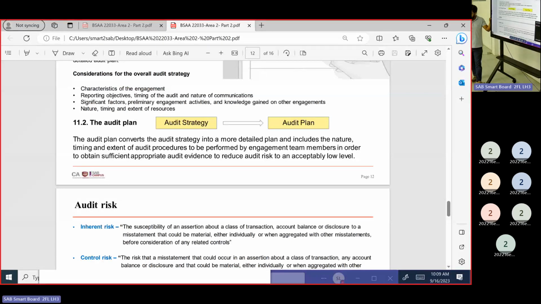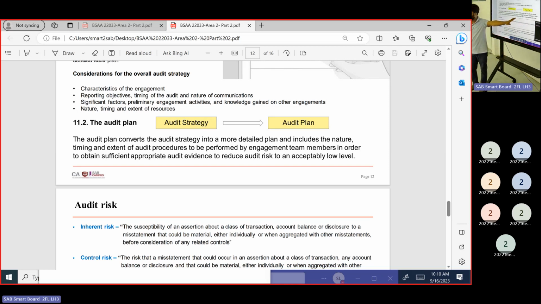As I said in the first stage, as a student writing the audit paper, you have to use audit jargon, right? Sufficient and appropriate audit evidence. You can't say that as auditor we have to follow steps to get adequate audit details. You can't catch words here and there and expect to know the right answers. You have to use audit jargon. That's why we have the lecture series, right? So you have to use sufficient and appropriate audit evidence to reduce audit risk to an acceptable low level.